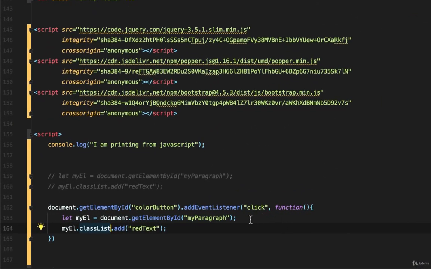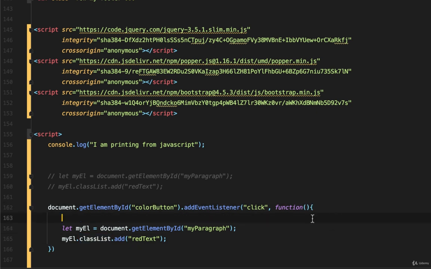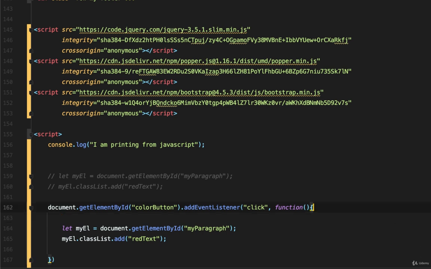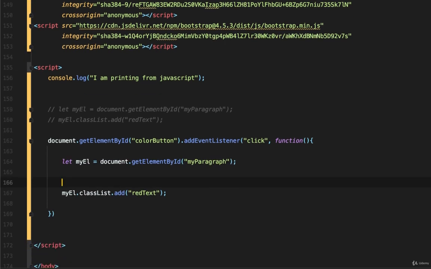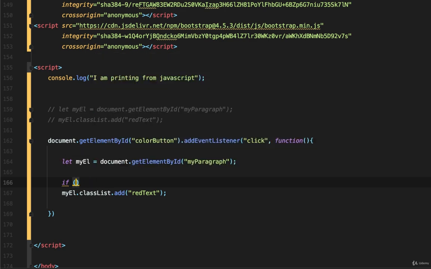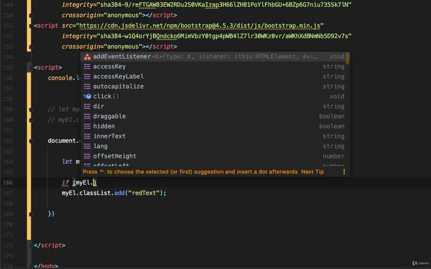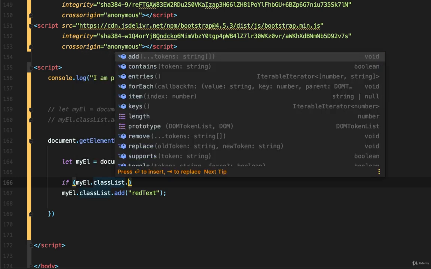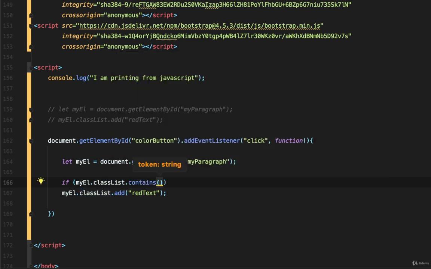So this time, rather than just changing the text or adding the class every time that button is clicked, what I want to do is test and see if it has that particular class associated with it already. So how do we do that? Well, let's try it out this way. An if statement in JavaScript is pretty straightforward. If my_p dot class list dot, and we can say, does it contain, if it contains the string red text,